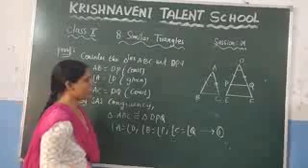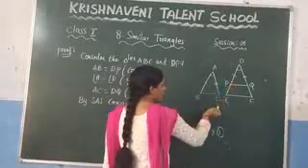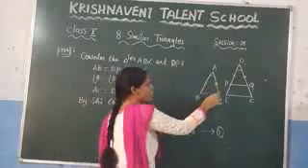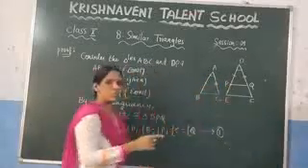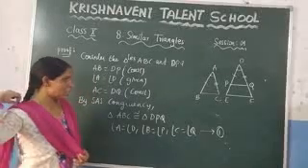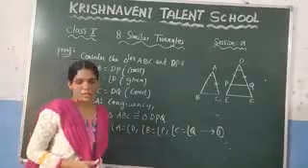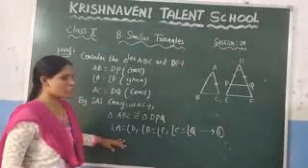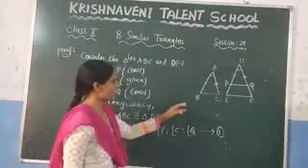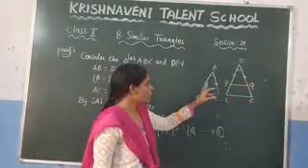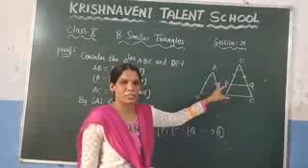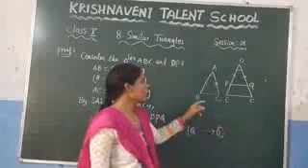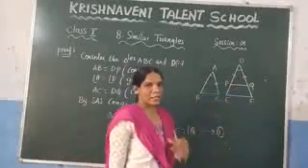Here what we have proved, angle B is equal to angle P, angle C is equal to angle Q. Now if we can prove that these two angles are equal, then based on these two conditions we can prove that the corresponding angles are equal. So up to this what we have done, we have considered these two triangles, and by using SAS criterion we have proved that these two triangles are congruent. Based on that we got the corresponding angles are equal in triangle ABC and in triangle DPQ.